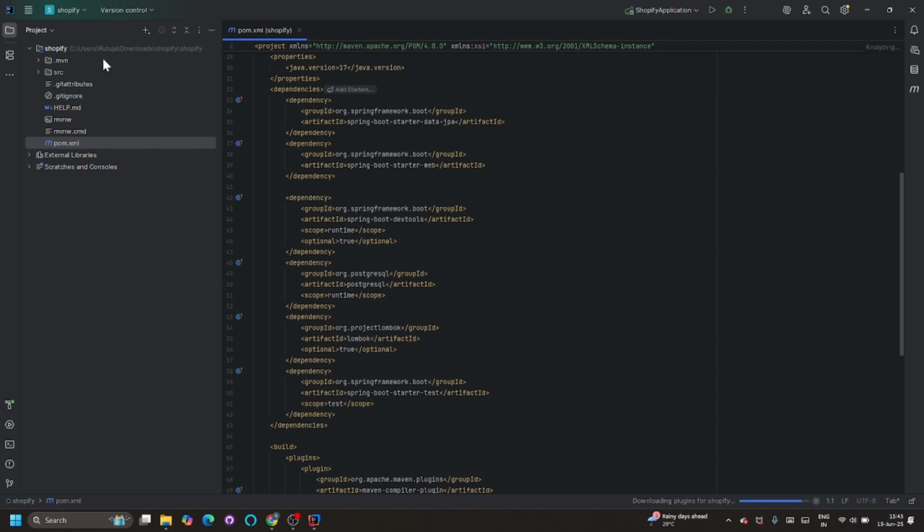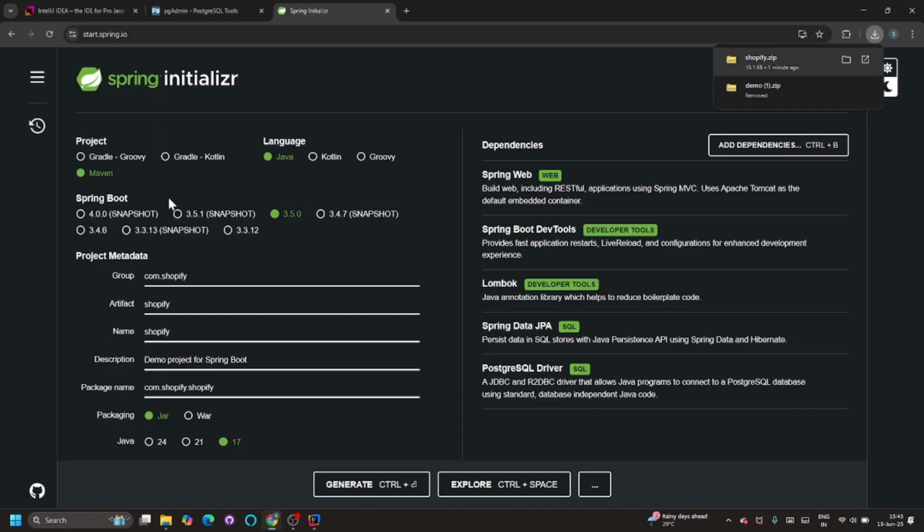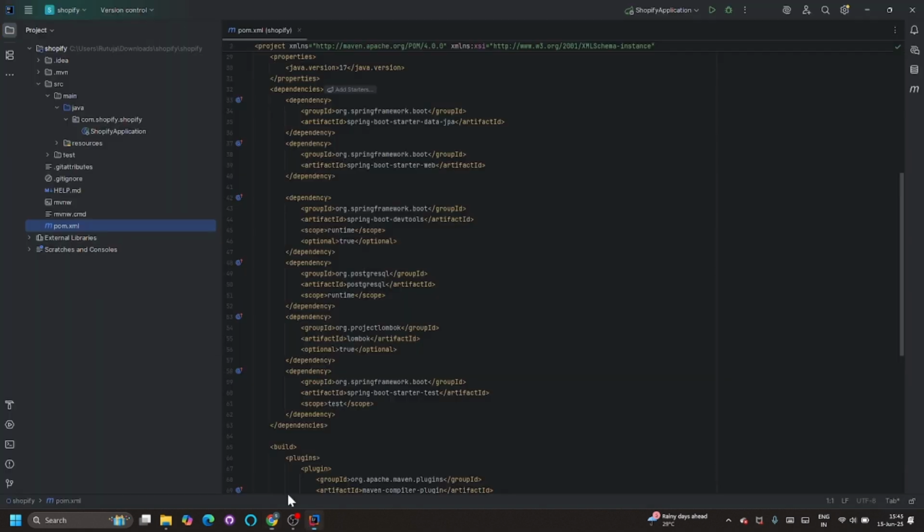Dev tools, etc. Now if you click on the run button, you can see that it has run the Shopify application. Now where is this file present? So go to the source folder. After that, go to the main folder, then Java, and in our package which we named during our start.spring.io, as you can see here, this same package name is present here, and there is our main file which is Shopify